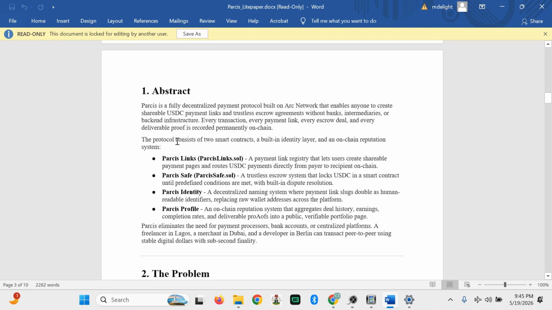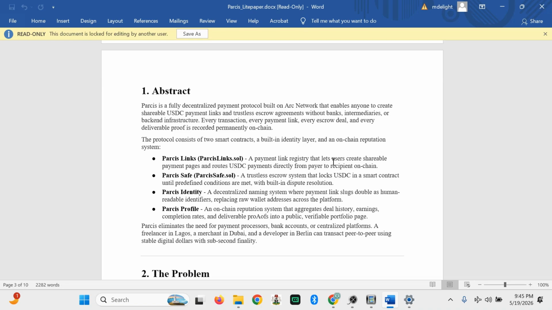We have smart contracts on this protocol. Right now we have three main functions in the system. There is Passes Link, a payment link registry that lets users create shareable payment pages and route USDC payments directly from payer to receiver on chain.